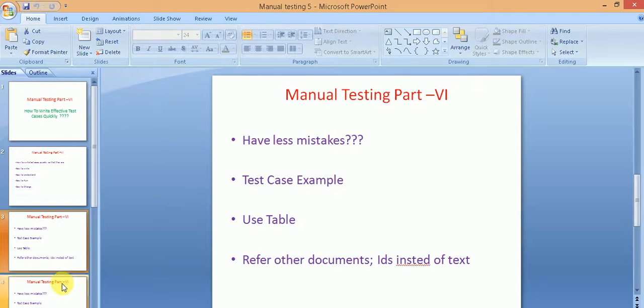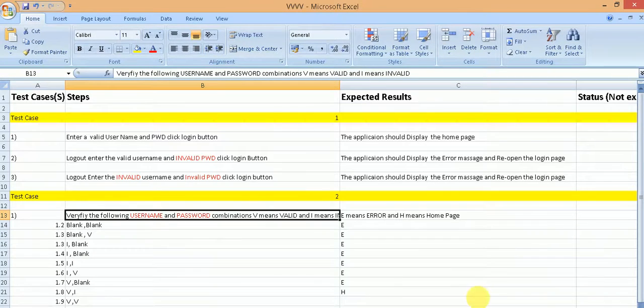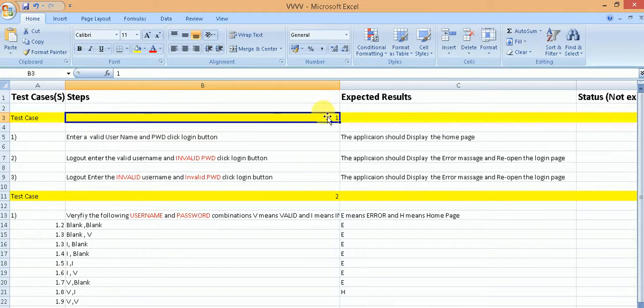So with this introduction, let us look at an ordinary test case and how it is written. Here is an example of a test case written to test the login functionality of a system.